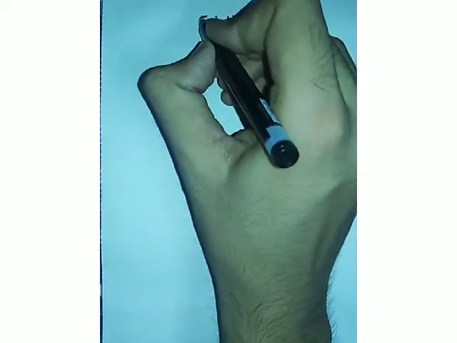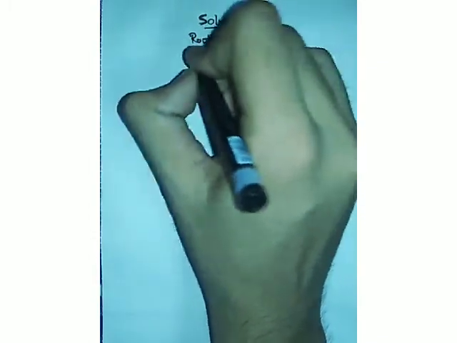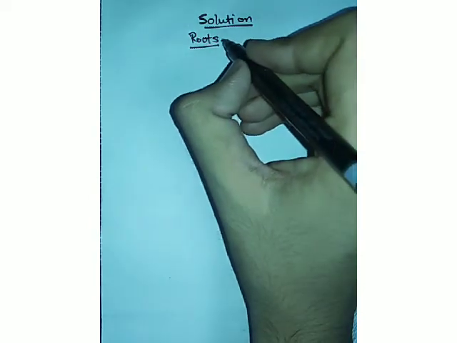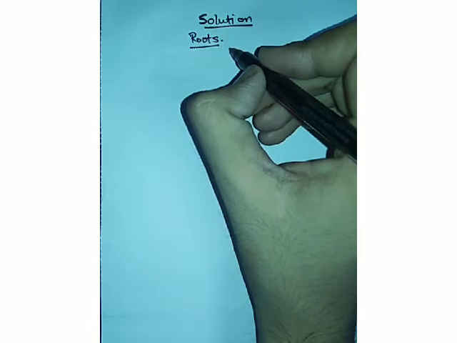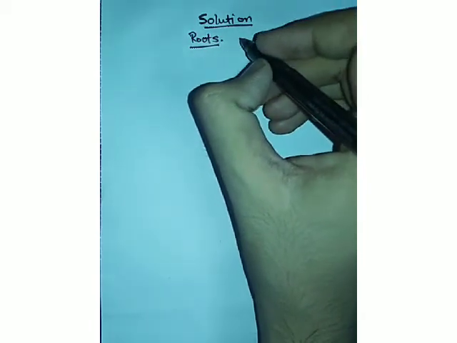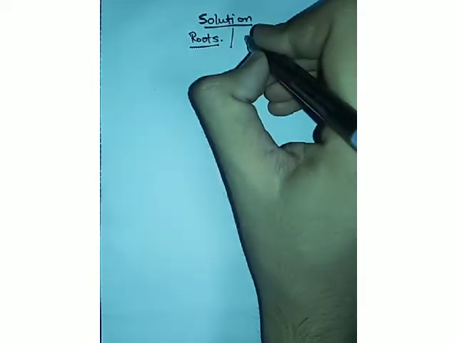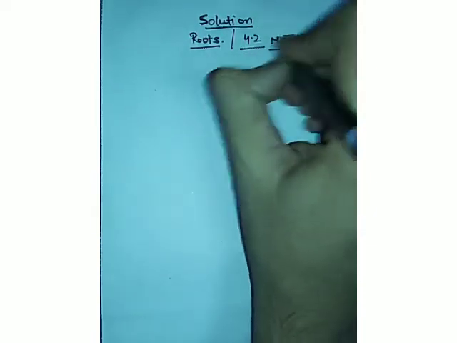Now by solution we mean that we have to find the roots of the quadratic equation, and there are two or three methods to find roots. The first one is the discriminant, and there is middle term splitting and more methods like this. But firstly, which is discussed in your book, in exercise 4.2, that is the middle term splitting method.